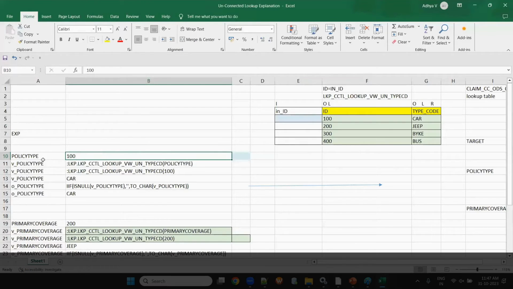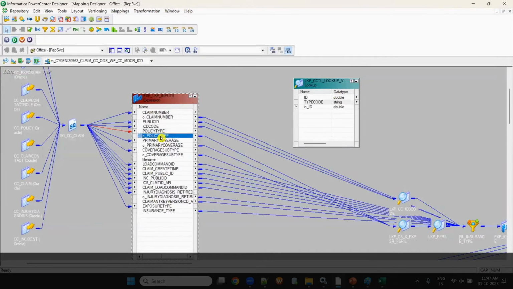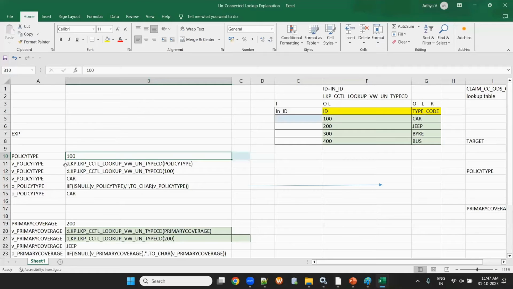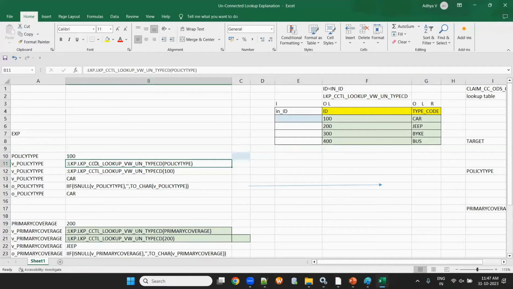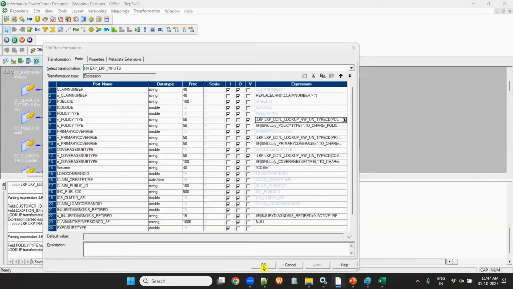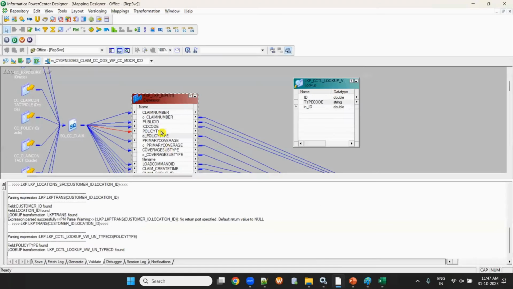So policy type is 100. I created one variable port, v_policy type. In that I return an expression lookup :LKP.lookup_CCTL_VW untyped port policy type. I am sending policy type to lookup. So this policy type